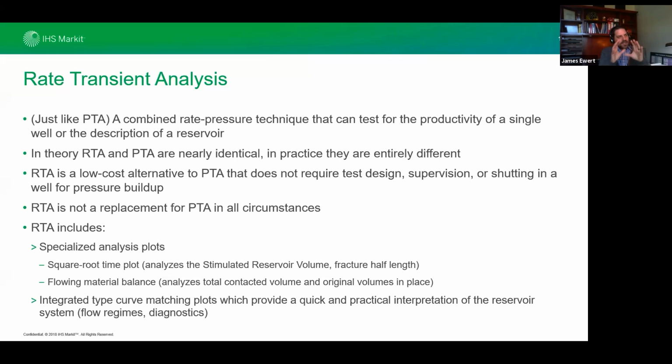So with PTA, RTA, I think that connection's pretty clear. With decline analysis, I want to make this point once again. Decline analysis is going to give you an empirical curve, a line fit through just the rate data. RTA is going to give you a physics-based forecast. We're going to use a physics-based model. It's going to take into account operational changes and all the different things that can happen in complex systems in order to get you a more correct EUR. You care about that because the more you can trust your forecast, the more you can trust the volume you're going to get from a well, the better decisions you're going to make for your company moving forward.